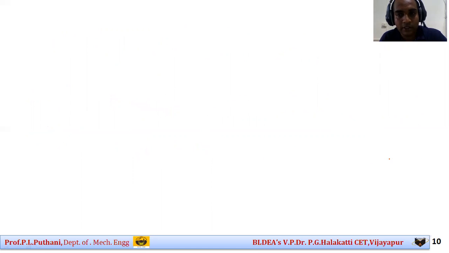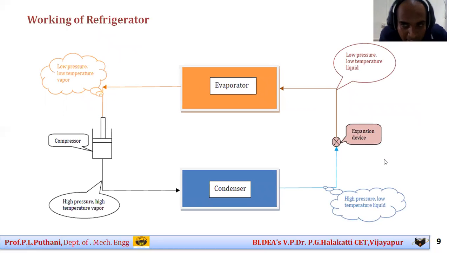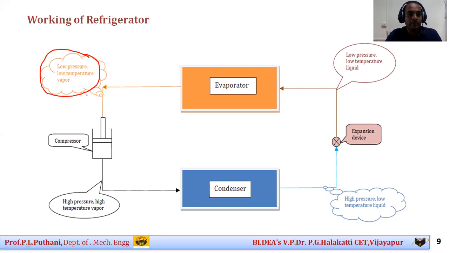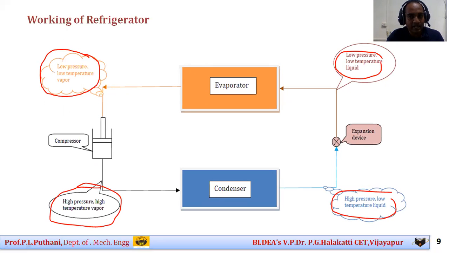So we shall stop the session here, students. And remember one thing in the examination: when you are drawing the refrigeration circuit, that is the net flow diagram, please show these phase changes clearly. That is, how the vapor phase conversion takes place, how the high pressure, high temperature state occurs, and how there is a liquid phase transformation, that is high pressure, low temperature, and here low pressure, low temperature liquid phase. If you show these phases clearly, half of your answer is correct. You will get the marks very easily.